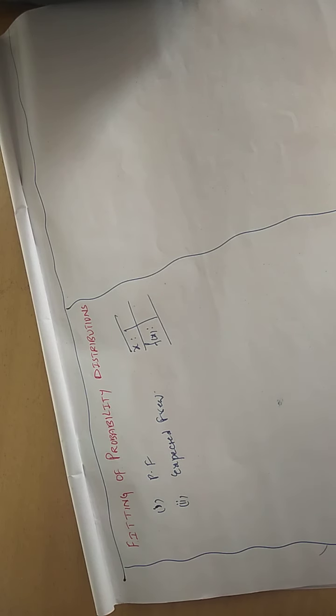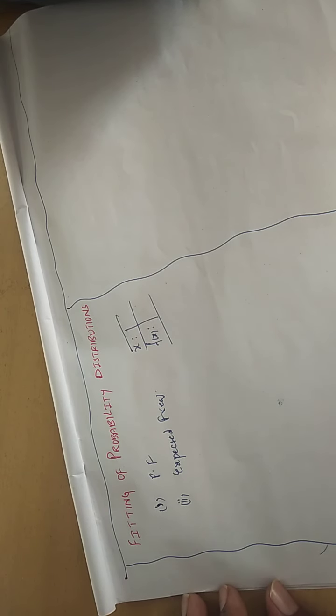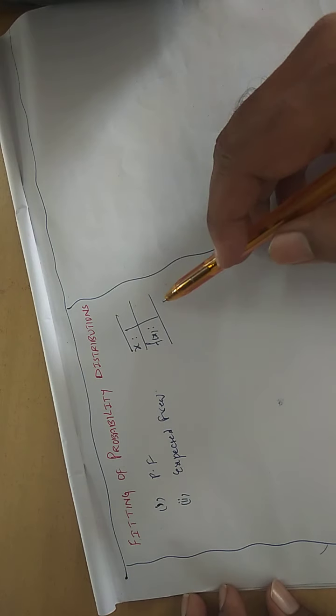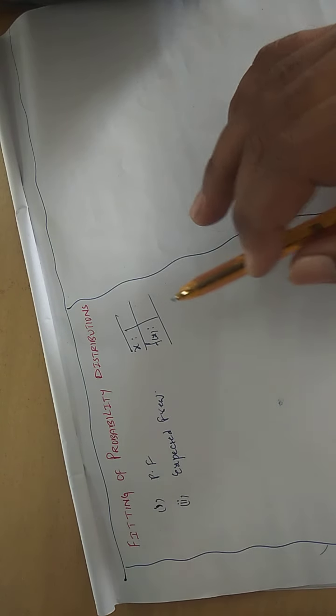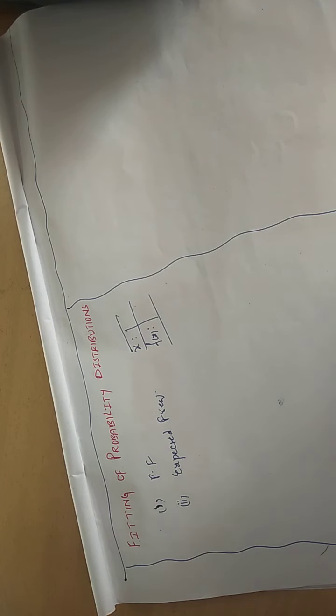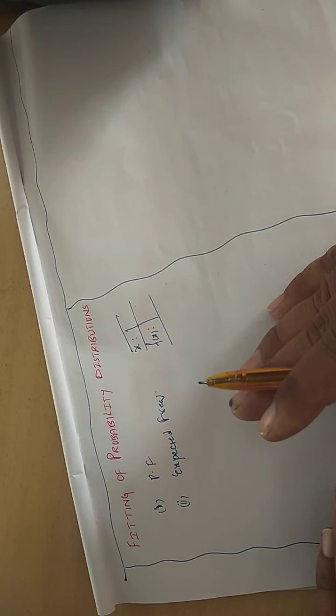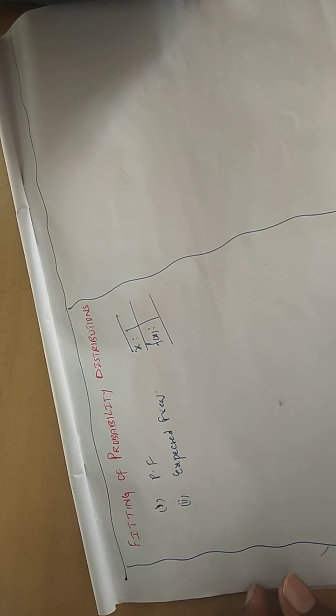I already told you, all knowledge, whether statistical or otherwise, we need to try to apply to realistic situations. Here also, whenever a data is given to you, an appropriate distribution will suit that data. Discrete distributions are there, continuous distributions are there. Under discrete, you know binomial and Poisson. Under continuous, you know the normal distribution. Based upon the nature of the data, we suit a particular distribution.